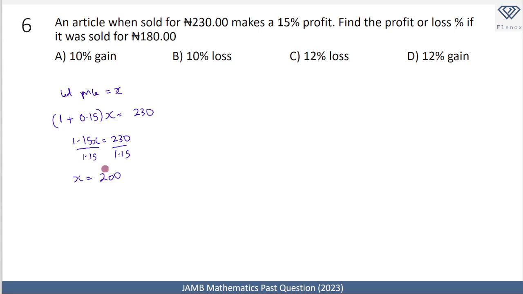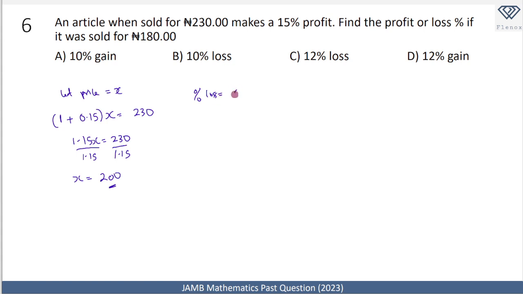Now we've been told that if it is sold for 180, we can see that we are selling it at a lower price than the original price. So definitely we are going to be making a loss. That means option A and option D are not feasible because they are both gains, and we are selling it below the original price. So now, the percent loss,